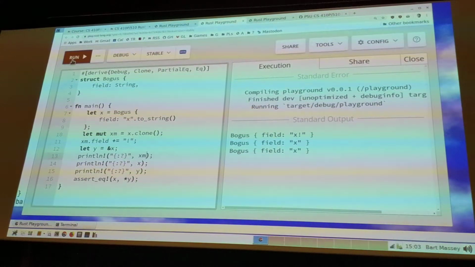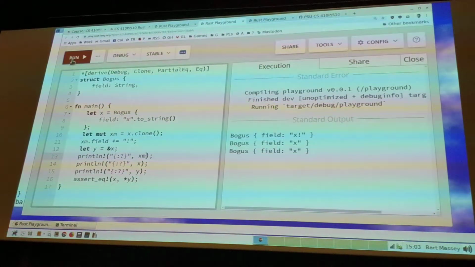The more full version of that crazy sounding story I just gave you will be later in the course when we talk about traits. And it will become more obvious why there's 3 ways to make a copy of a string, and 2 ways to make a copy of an array, clone and to-owned. The very short version is that I could derive clone for my bogus, or I could implement the to-owned trait for my bogus, depending on what I wanted to think of the bogus as being like, and they have a little bit different other methods.